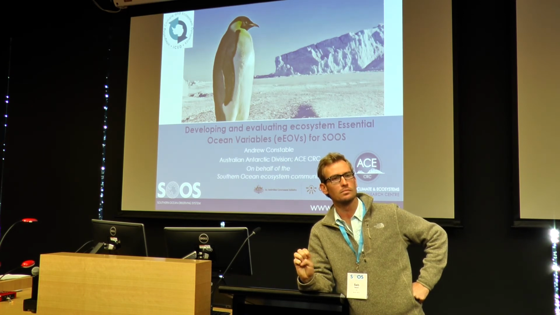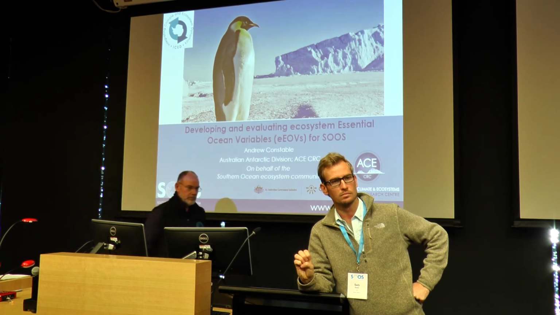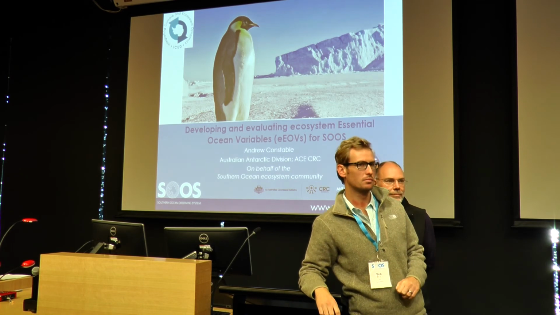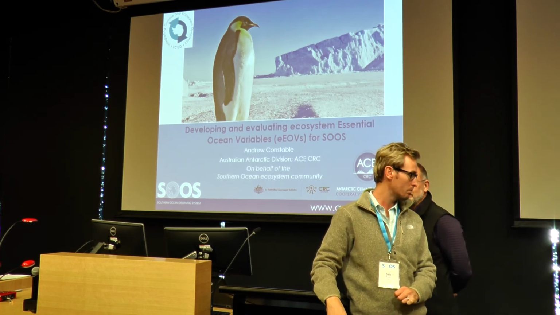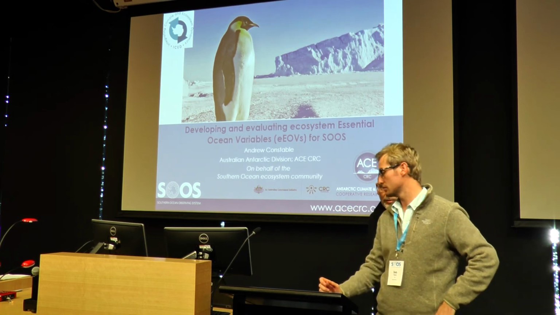There were ones that I might have included, that as a modeler I'm desperate for, which I understand, particularly given the sparse platforms available in the Southern Ocean, might be very important but not actually operationally feasible. Could you give an example? Yeah, it'd be good to get that feedback, because we didn't actually have a lot of modelers included in the discussion of development of these, so having that input is